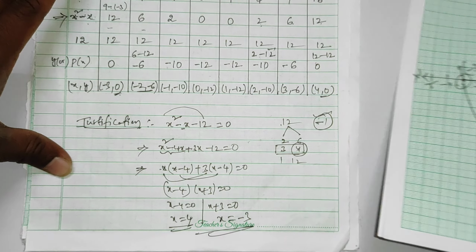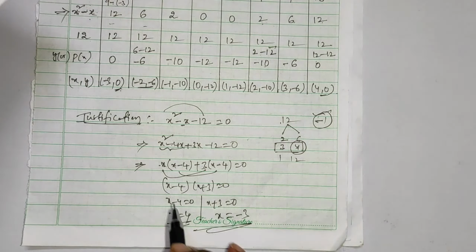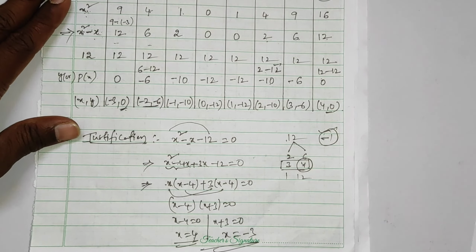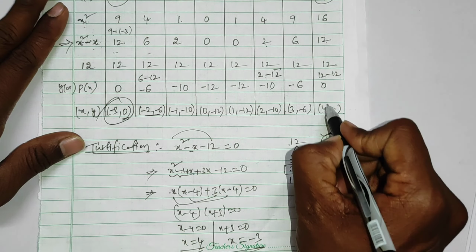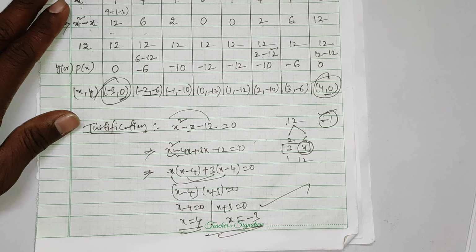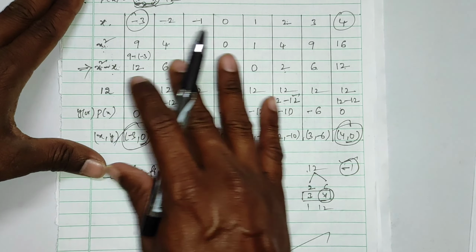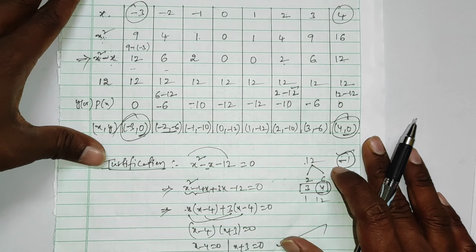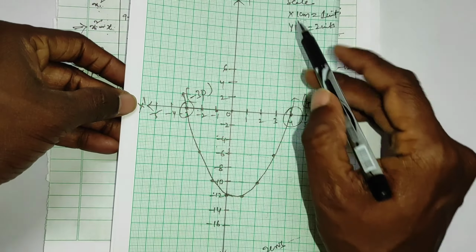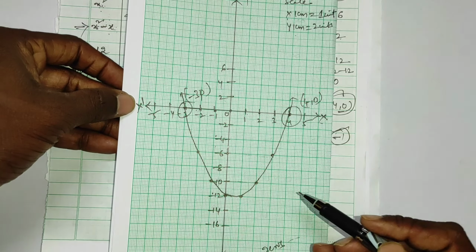So if you observe here, we got minus 3 comma 0 and 4 is a zero, that is 4 comma 0. Yes, here also we got minus 3 comma 0 and 4 comma 0. Yes, we have done the justification also. Okay, so very important question. You just have to remember this one. Just try 2 or 3 times, you will get it very easily. And the graph representation is very important. Choose a scale on both axes, on the x-axis and y-axis. You will get it very easily.